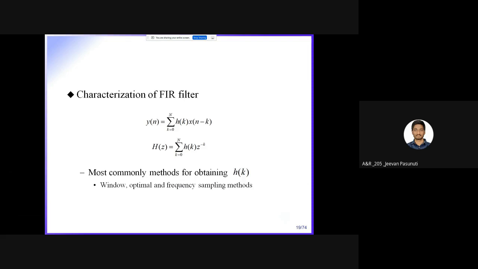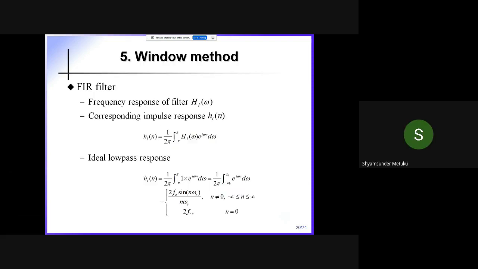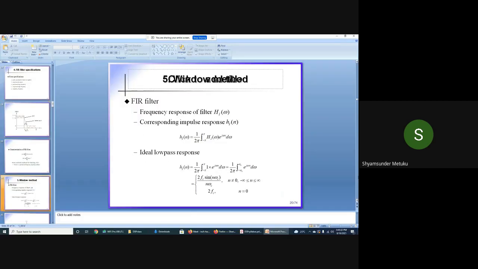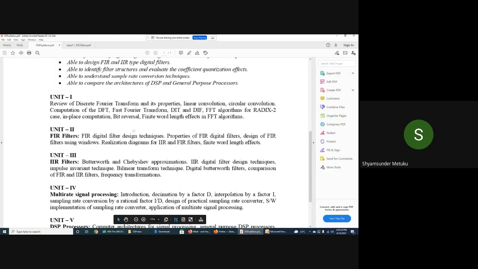Your wish, sir. Okay, so you are not saturated, no? You can continue, sir. No problem. Yeah, fine. So then I'm going to talk about the window method, because again, let me go back to the syllabus. We are trying to discuss FIR digital filter design techniques, which are window technique and the frequency sampling method. Design of FIR filter using what is given here? Windows, yes, sir. So only one technique is given as part of the syllabus. Actually, frequency sampling method is also there, which I'm not going to discuss. Only the window method I'll discuss.